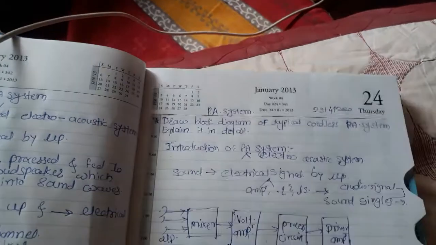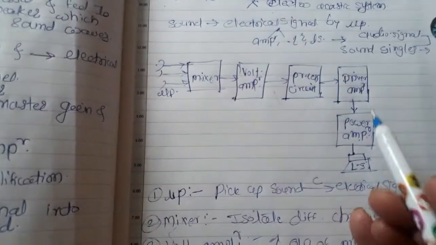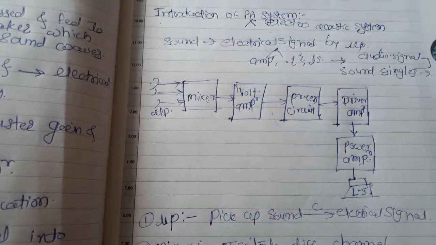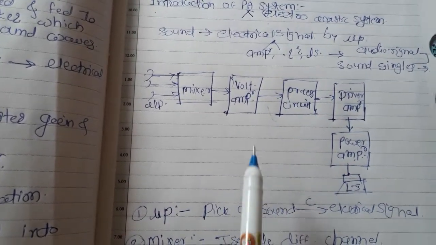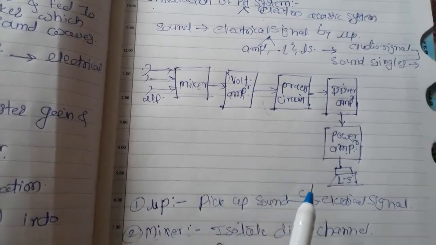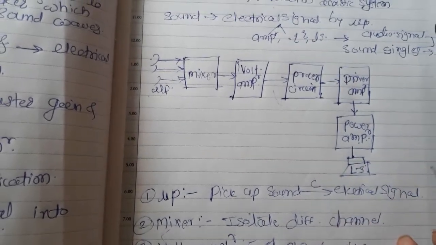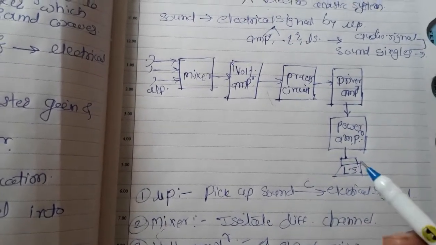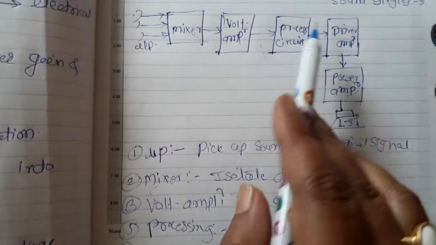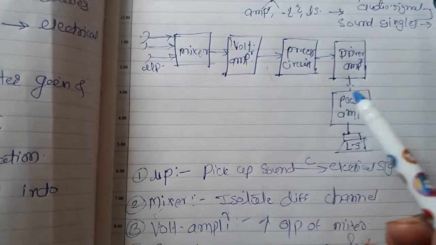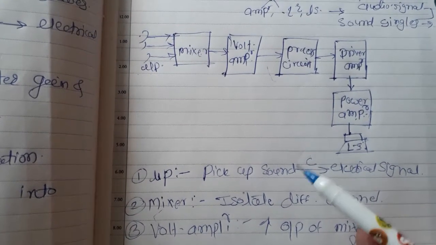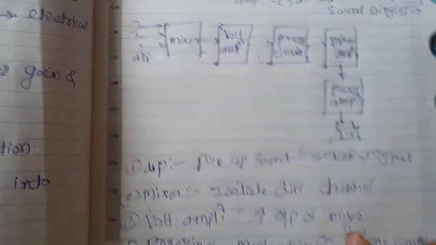So what is the use of this PA system? It is used in public meetings, sports meetings, functions, auditoriums, gatherings, etc. Also, it is used to convey information to isolated locations, like our railway stations, airports, hospitals, and concerns, etc.